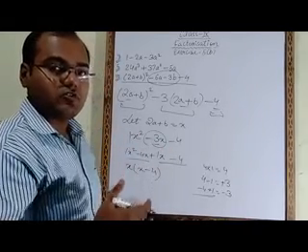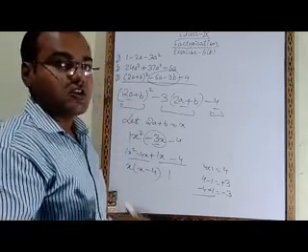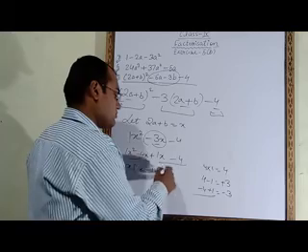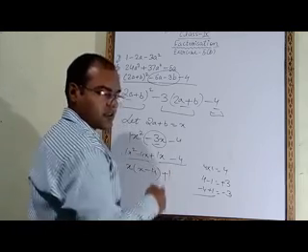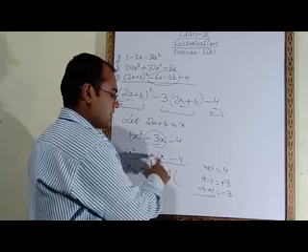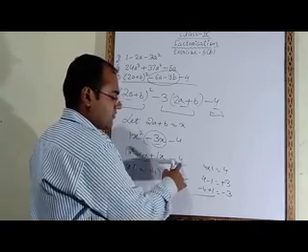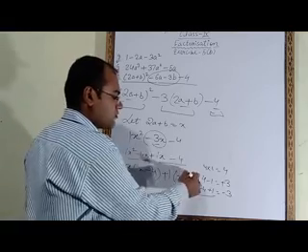So in such case what you have to do, you have to take 1 common. 1 we will take common, but you have to put sign also. Either you have to take plus sign or minus sign. Suppose we have taken here plus sign, as it is written plus here. So after taking plus 1, plus plus, plus only. 1 we have taken common, what is the remaining number? X. Plus minus, minus. From 4 we have taken 1 common, 1 into 4 is 4, 4 only we will get.